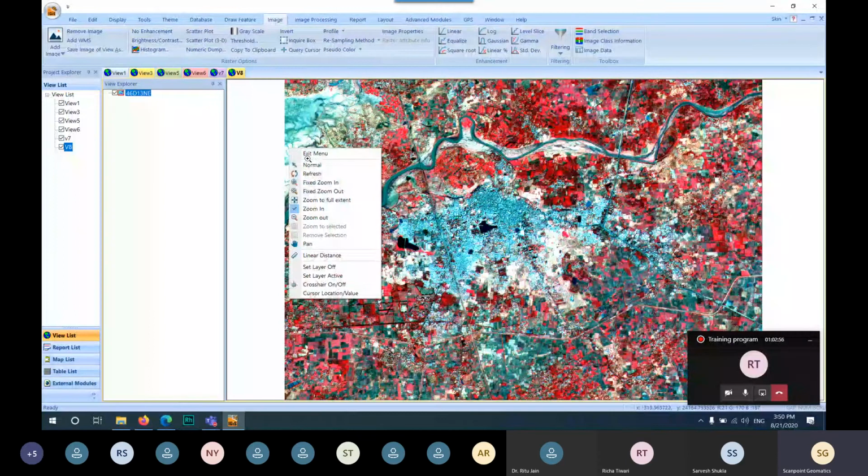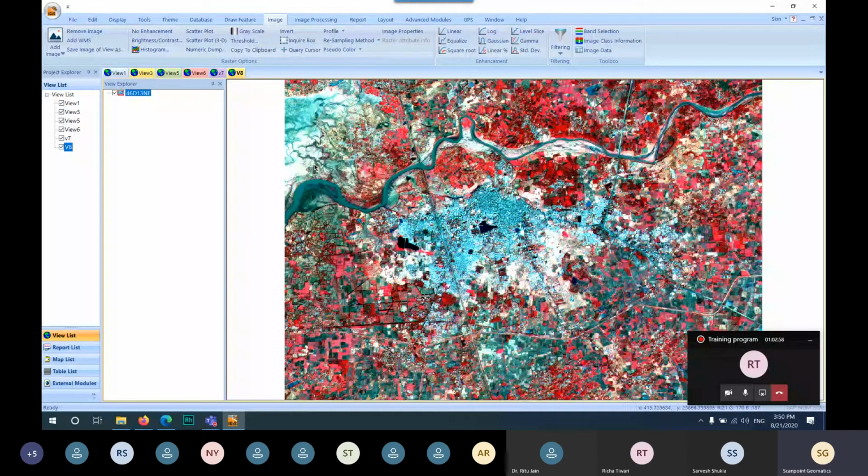Now, after visual interpretation, we have some tools to enhance our image. If we want to enhance the tone or texture of our image, we have provided various enhancement techniques such as linear enhancement, which is based on the linear regression model, equalization, and the square root enhancement technique.